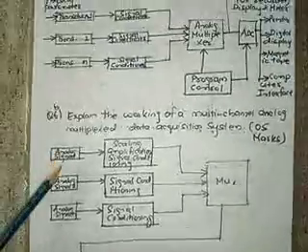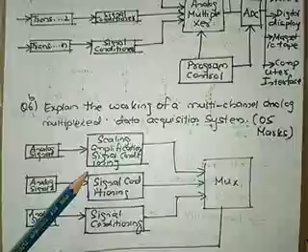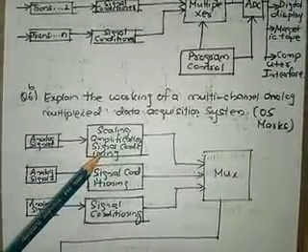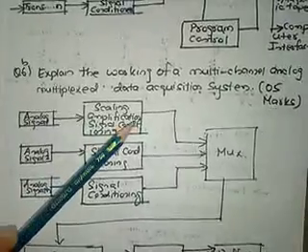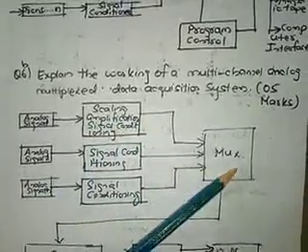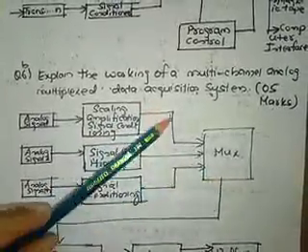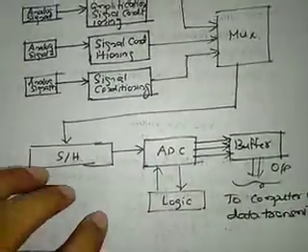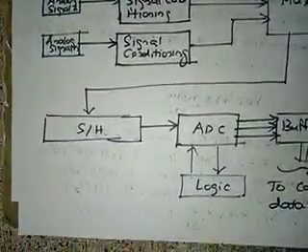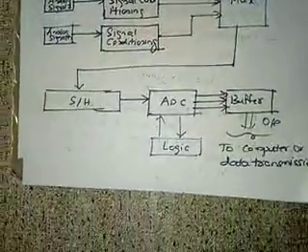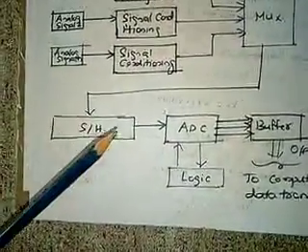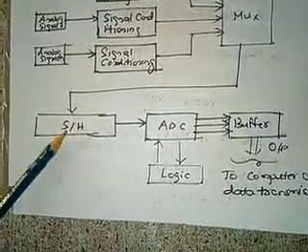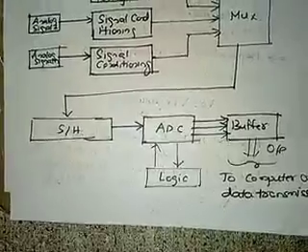The analog signals are applied to the signal conditioning block. The analog signal, whichever is applied, is amplified and conditioned as per the requirement. Then the conditioned and amplified signals are applied to the mux. The multiplexer will select one among the applied inputs and apply it to the sample and hold circuit. The sample and hold circuit will sample the signal. The sample and hold block's function is to sample and hold the signal.